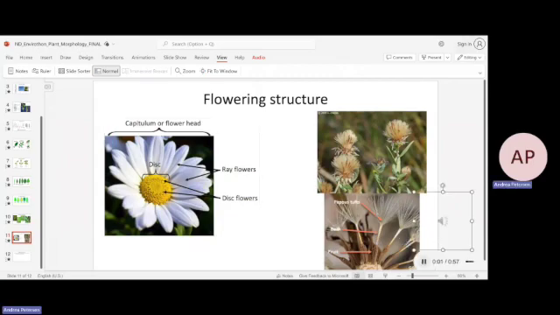The final basic part of broadleaf plants is the flowering structure. Take a look at the picture on the left. While we usually refer to a flower head as a singular flower, there are actually many flowers there. We have the ray flowers, which are the petals, and we have the disc flowers, which is the center of